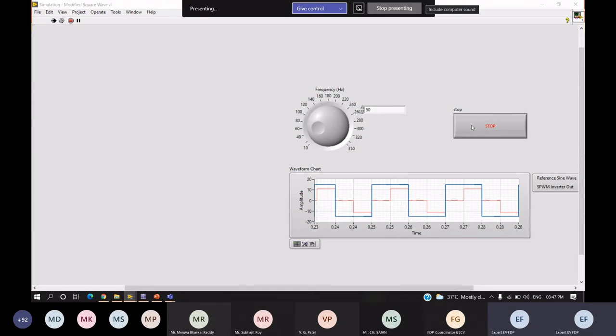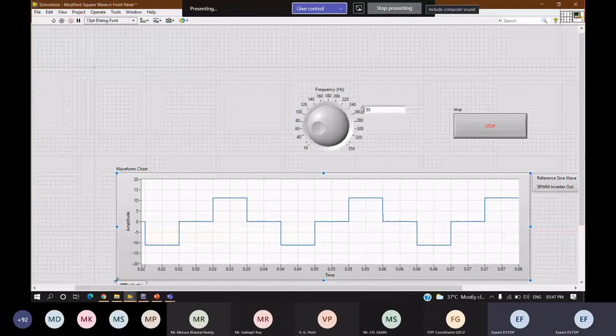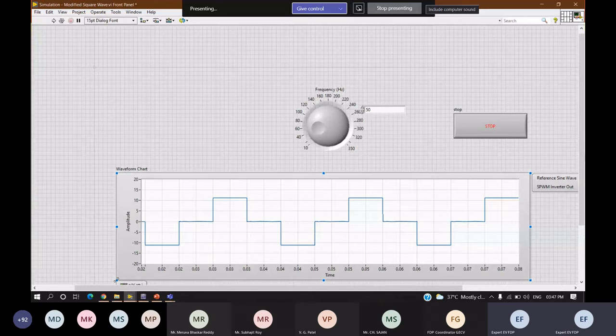Okay, so I'll just run this. Even this is more or less like a square output only, but it is not a perfect square, it is a modified square. We can see it somewhat looks like a sine waveform. If it starts from here, we can plot it somewhat like a sine waveform, like this. So that is possible. This somewhat matches with a sine. It is not a pure sine, and it is not a pure square either. It is a modified square pulse. Compared with the pure square waveform, this will cause less damage to your motor.